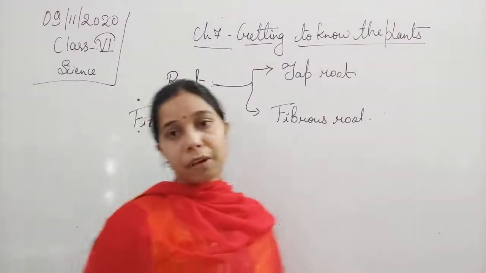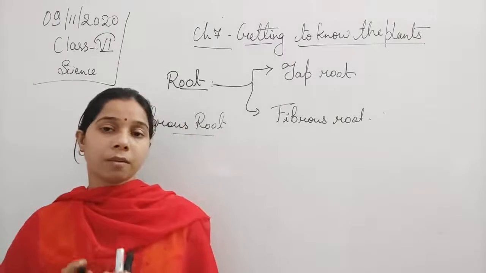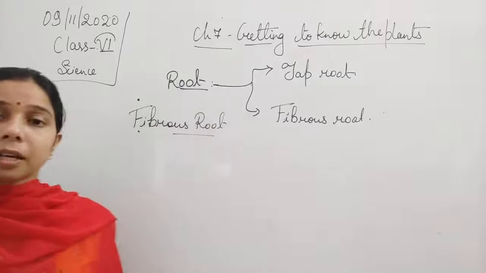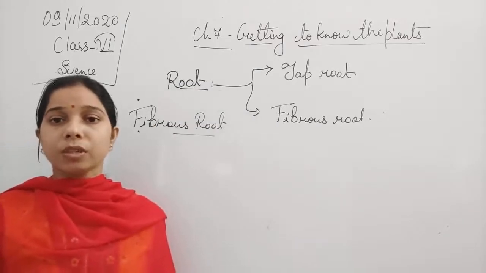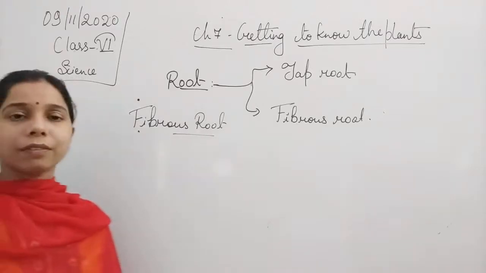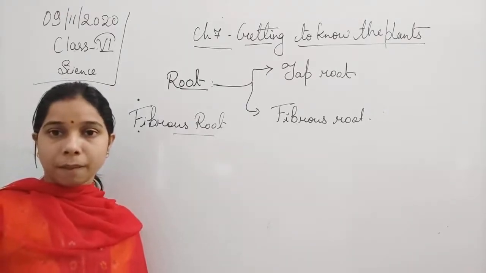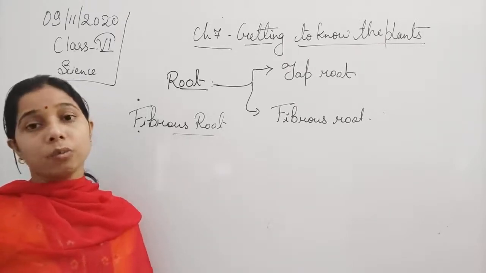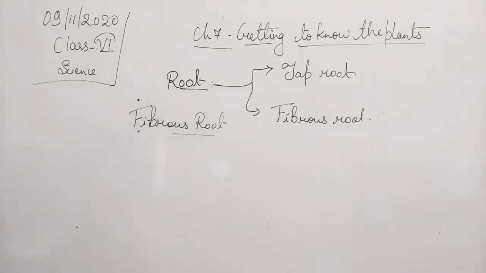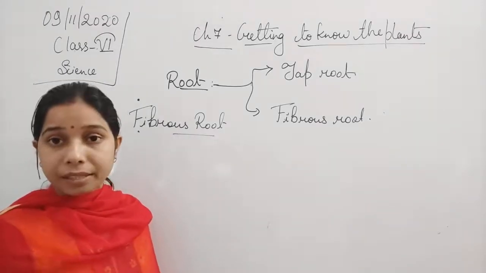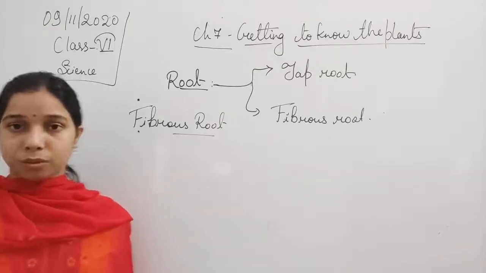When we talk about the fibrous root, student, first of all, there is no such main root or lateral root which comes out of it. But it basically consists of roots which appear like fibers, and you see, students, these fibers are almost of a similar size. Okay, so it does not have a main root, but fiber-like roots of almost the same size come out, that is the fibrous root. Although all of them mostly come out from the same point.